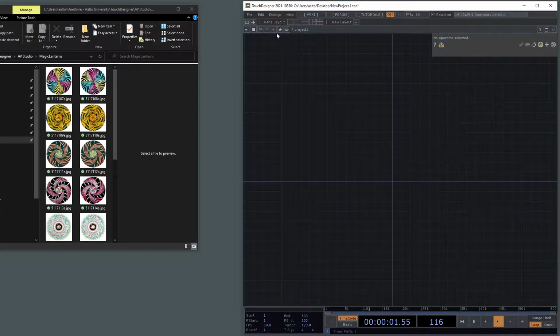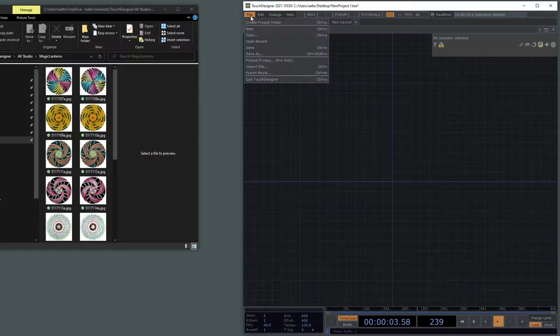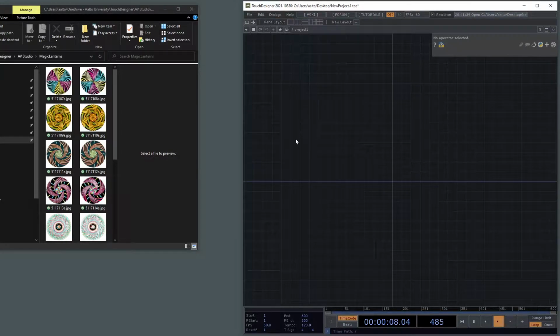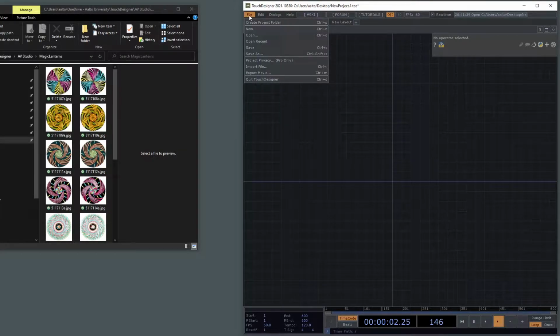What I would like to do is save or even create a project folder for my project, which allows me to create an image folder where I would put all of these files, and it keeps things nicely in place. So what I'll do is, in TouchDesigner, in this empty file, I will do create project folder,